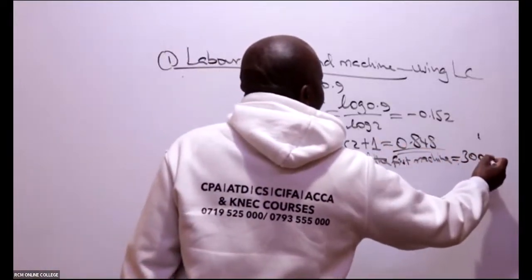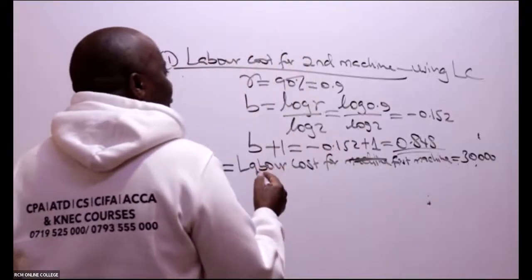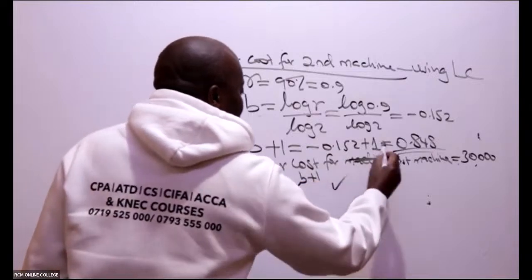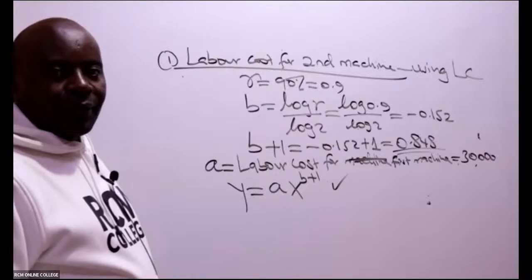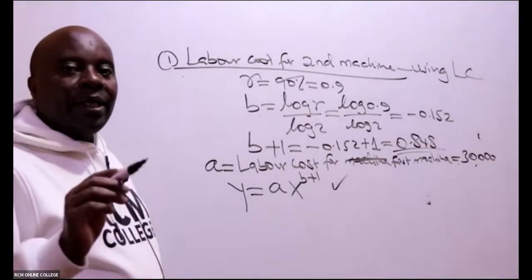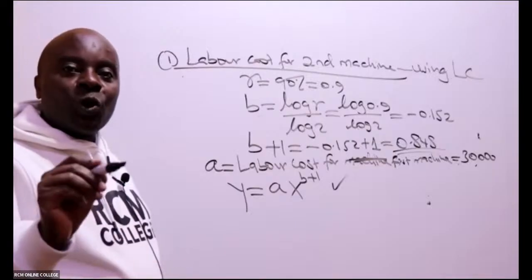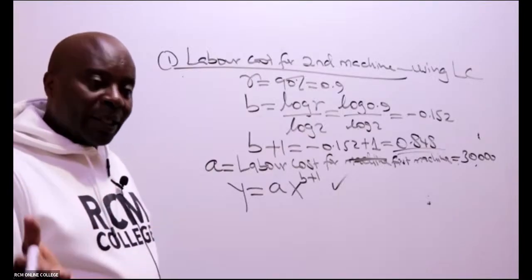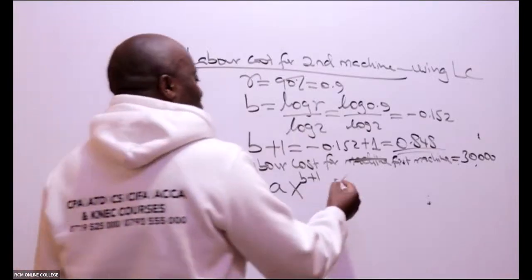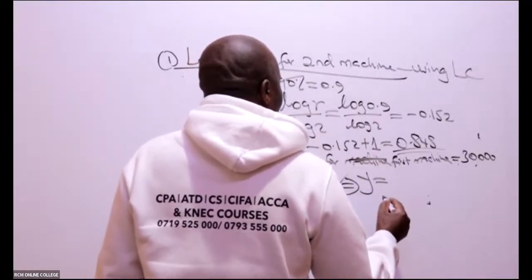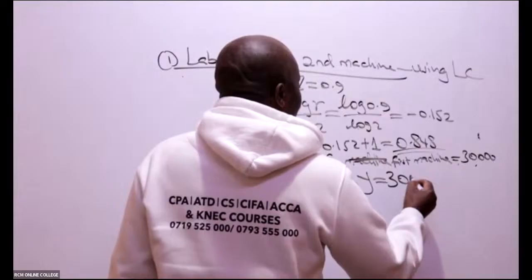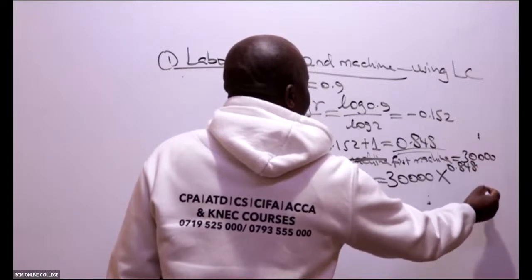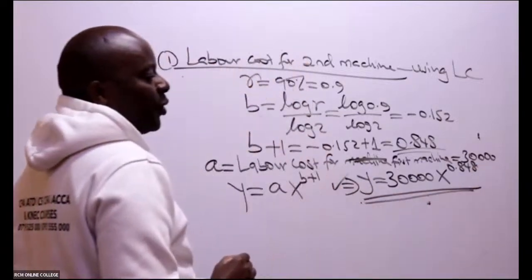But again, ladies and gentlemen, we can now easily remember our formula is y equals ax raised to power b plus 1. Writing this formula will again give you a mark, even if it's 0.5 of a mark. I've marked this MA for long. I know students don't get anything much. If you're able to get like 1 here and there, you'll pass very easily. And therefore, ladies and gentlemen, our y will be equal to A, which in this case is 30,000, times X raised to 0.848. That is our equation.